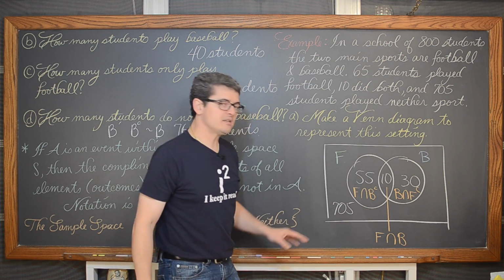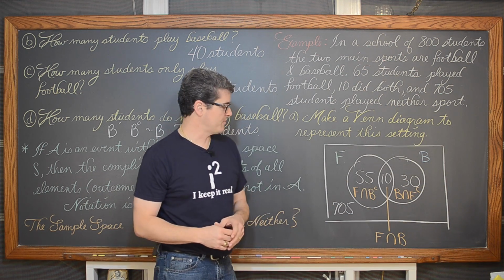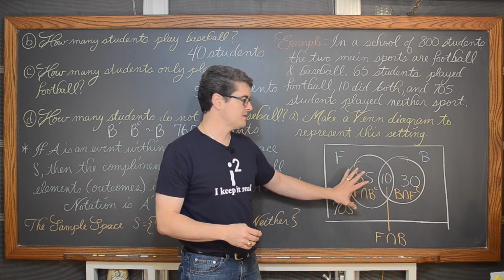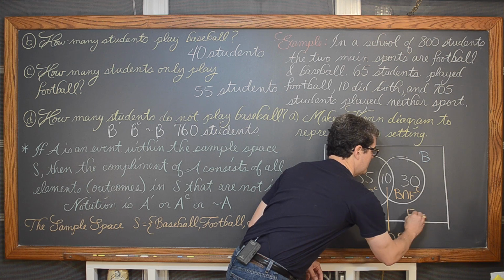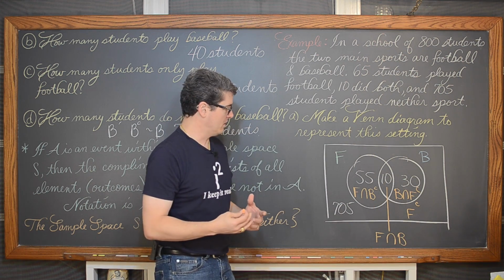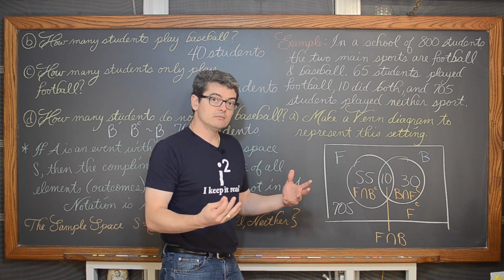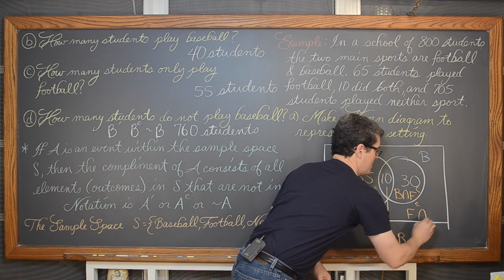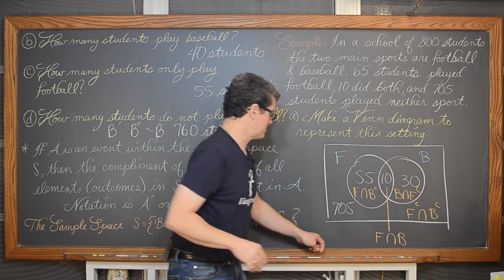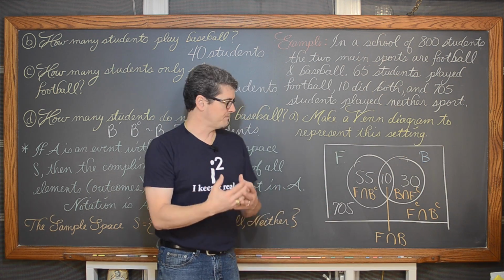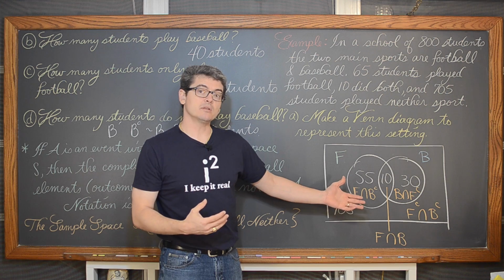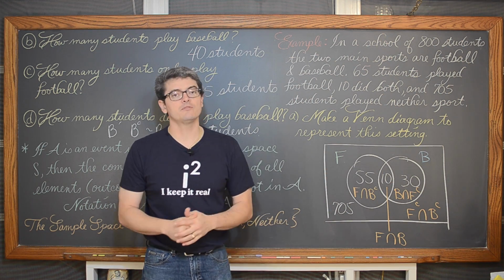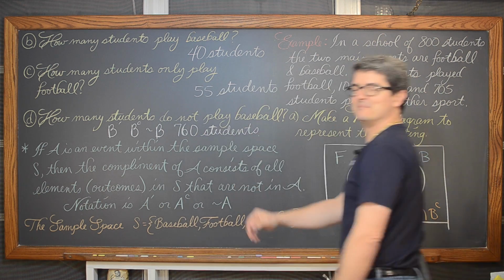In this Venn diagram, the rectangle is the entire sample space. The 705 students, they're not playing football. They're not in that football circle, so they're sort of the complement of F, if you will. And they're not in the baseball circle, so they're not playing football and they're not playing baseball. There's some set notation, well actually I don't have any unions in here, but I have some intersection notation in this Venn diagram to help you with that as well if you happen to see that in your textbook.